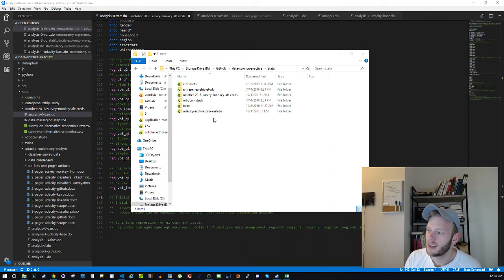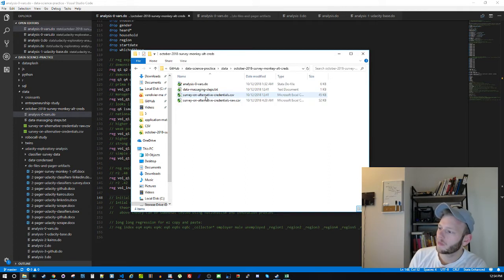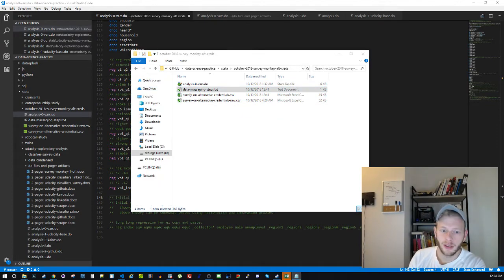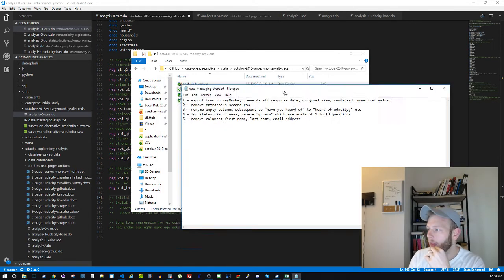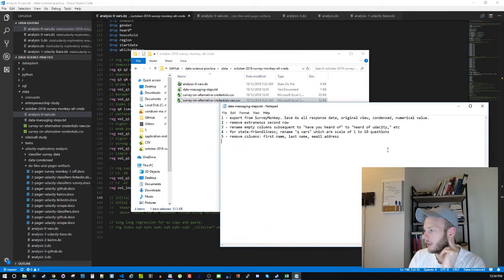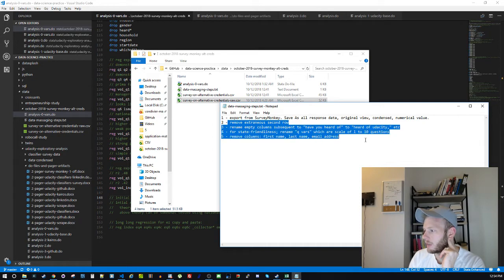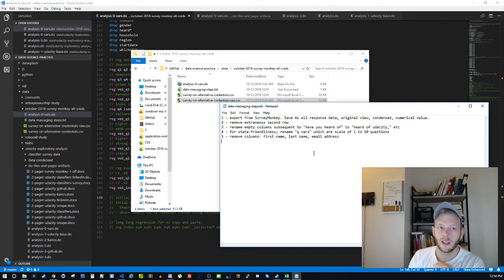So yeah, this is the folder where I'm holding it. This is the raw export from SurveyMonkey, and here's a TXT export from SurveyMonkey, save as all response data. So even the way I exported it is recorded there, and then the way I exported it gives me this raw file, and then these basic massaging steps, which are done in the spreadsheet